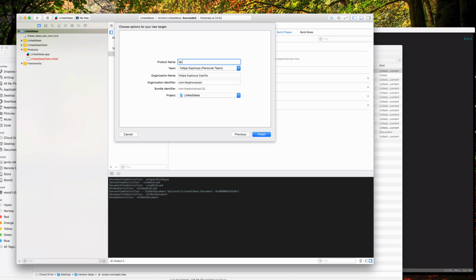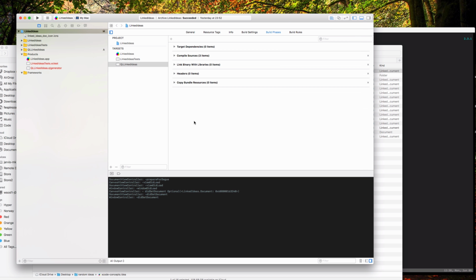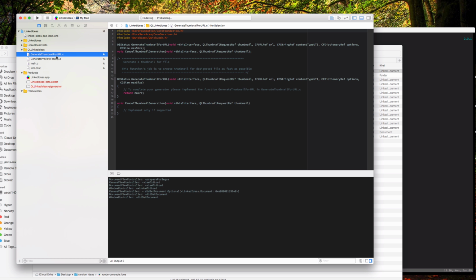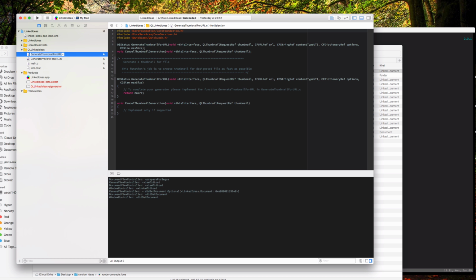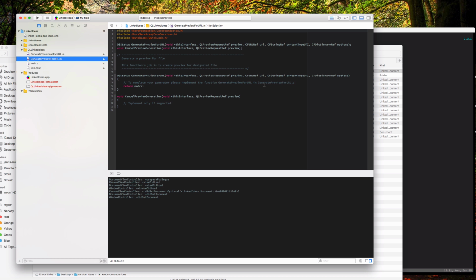In this case, I'm going to call it QL linked ideas. Yep, and then just finish. The default code is written in C, but I'm gonna use some Objective-C to play with this. So just as an example, I'm going to change this from C code to Objective-C code, and in the preview, in this method,